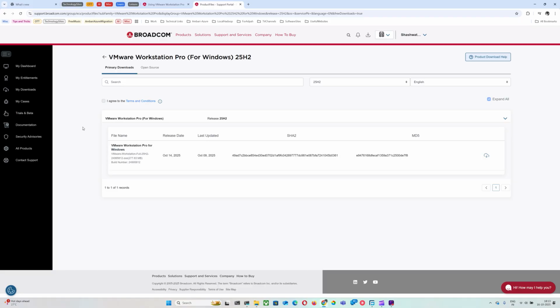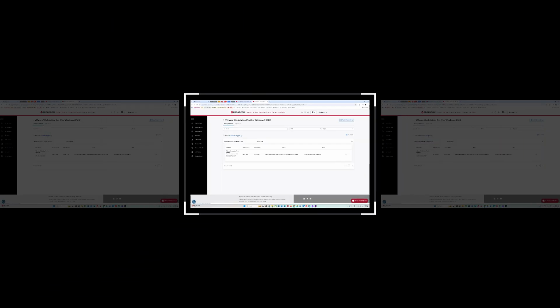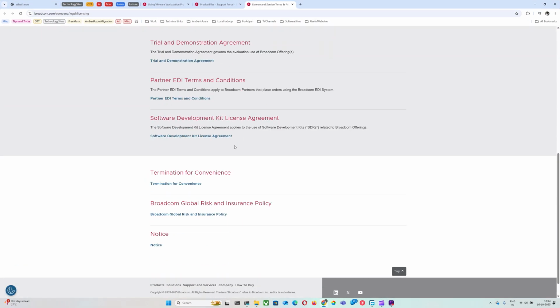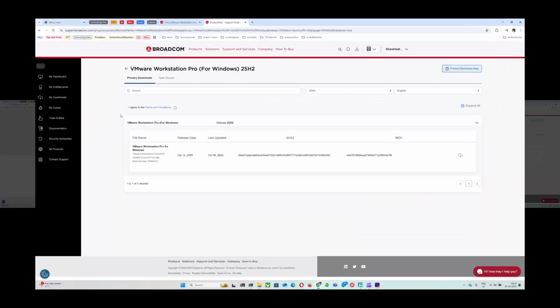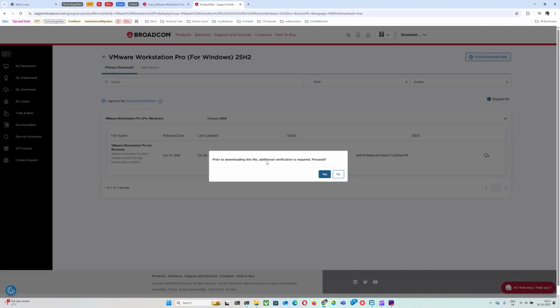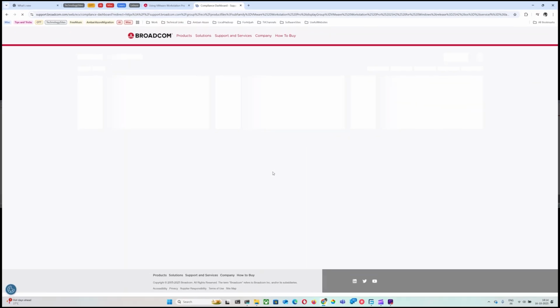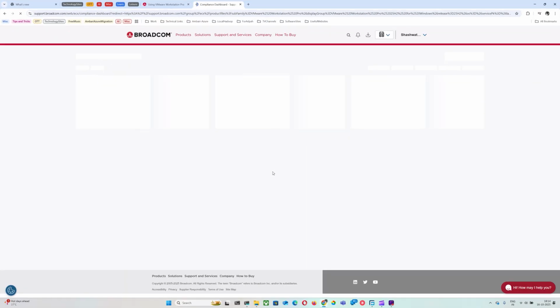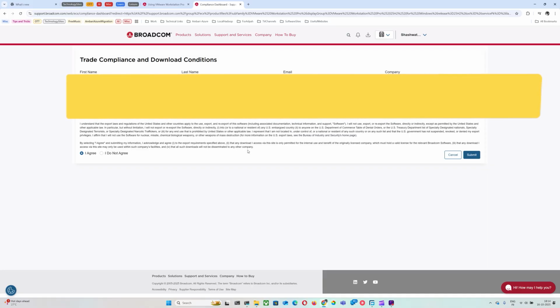You have to agree to the terms and conditions. For that, you have to read this, and I think that button will be enabled now. Then before downloading, additional verification is required. Whatever, I'll verify, not an issue. These are the different things. So submit, I agree. Address,